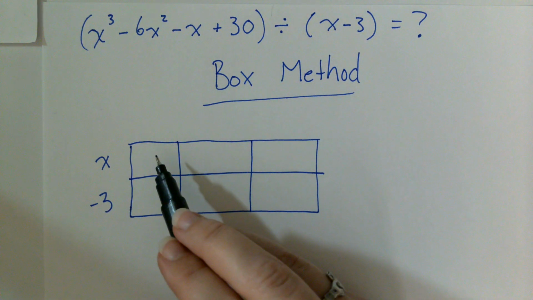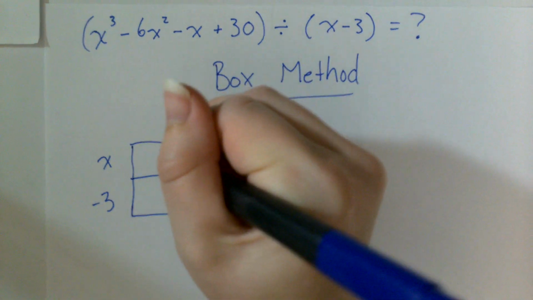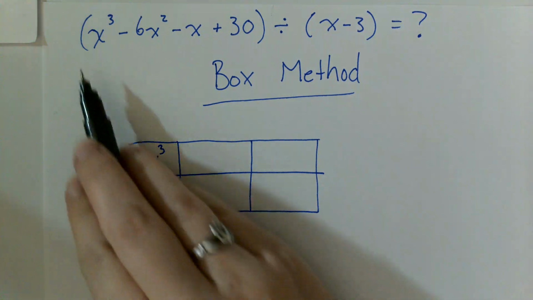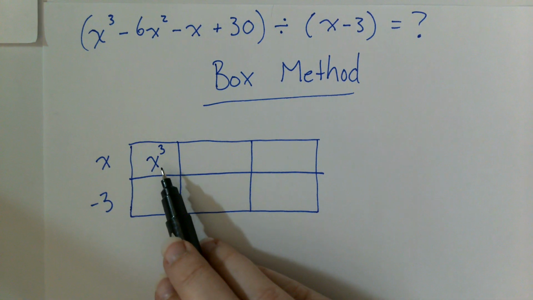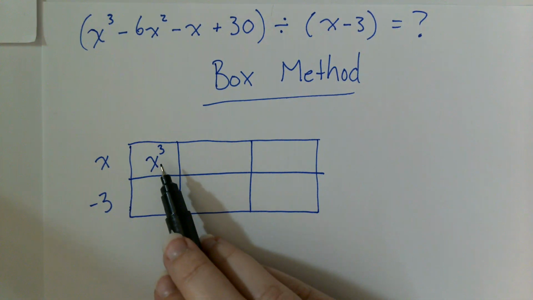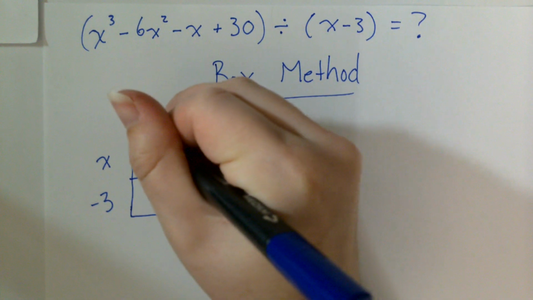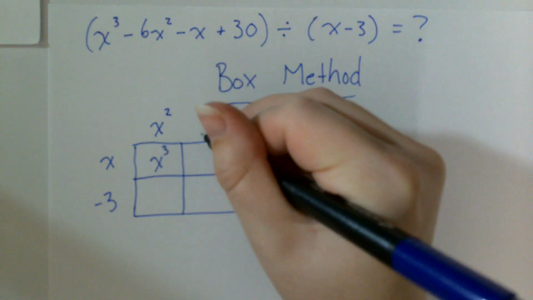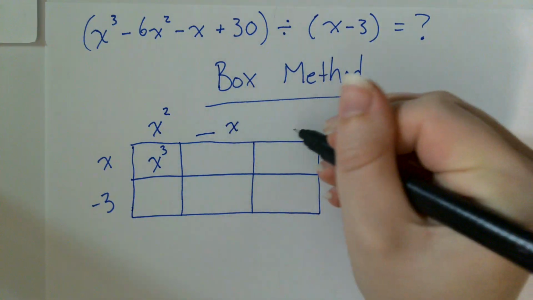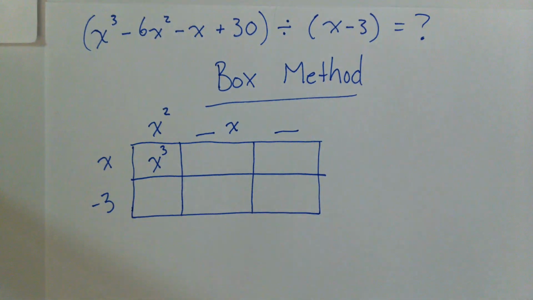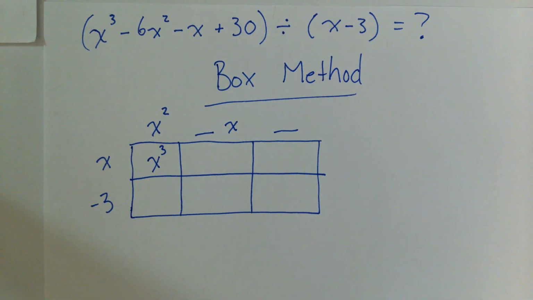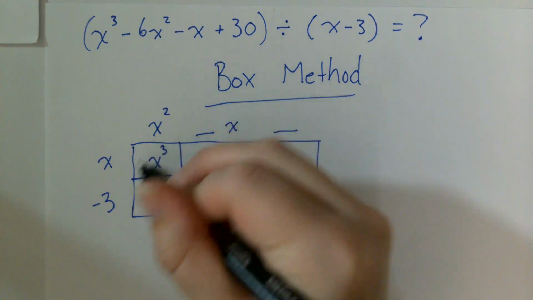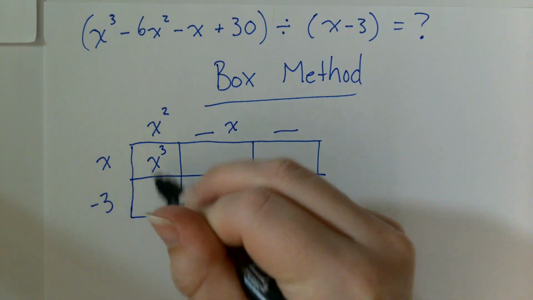So I know that this box has to be x cubed. Your leading term of your original polynomial is always going to go in this box. So that tells me that this box needs to be x squared. And then I know that this is going to be something x. And then this is just going to be a constant. Okay. So now if I have x squared and a negative 3 here, then this box has to be x squared